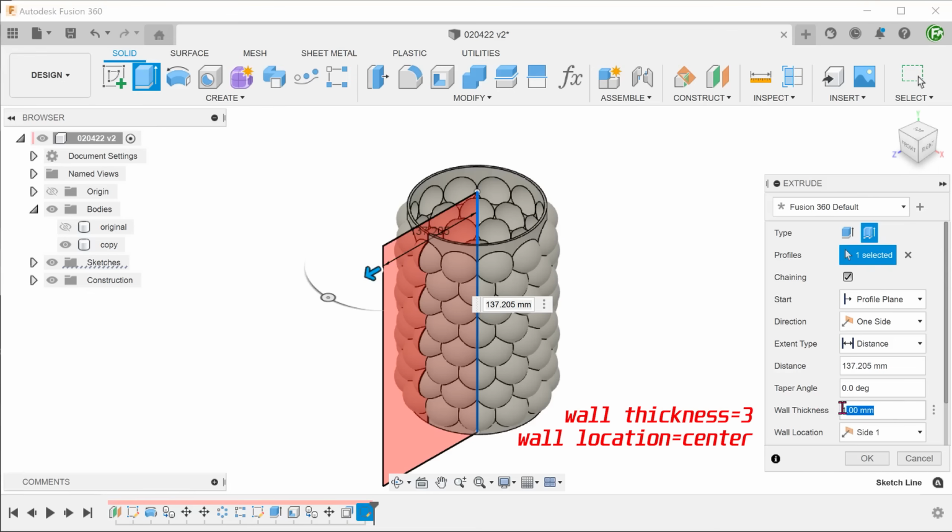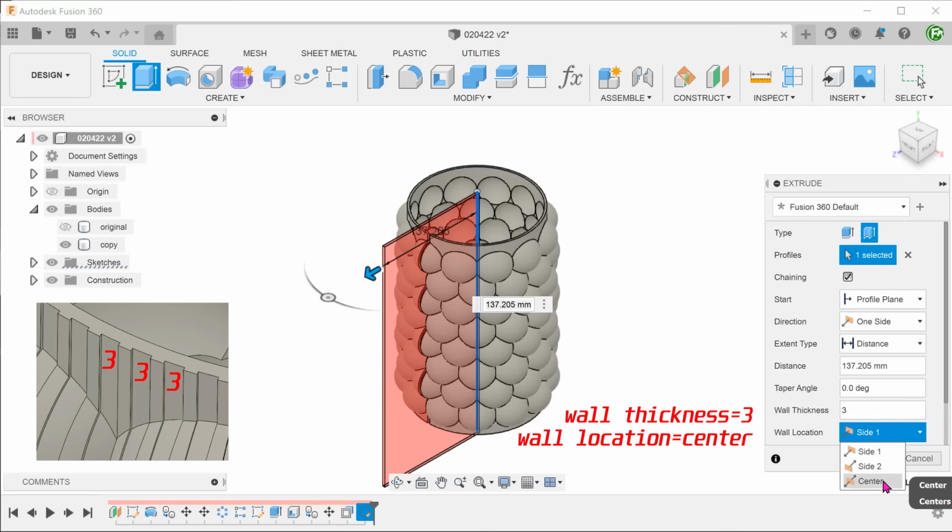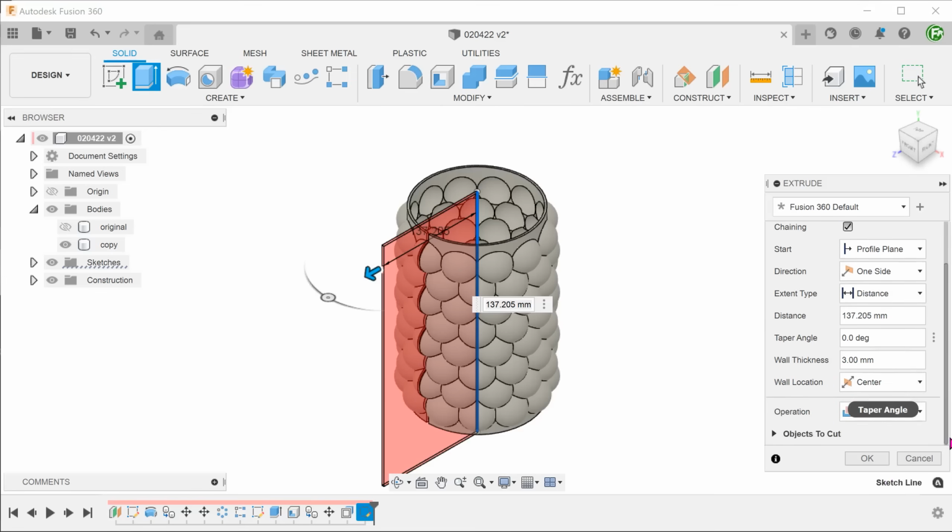Adjust the wall thickness and wall location. This determines a gap between two ridge lines. Set the operation to cut. I would advise to set a distance, instead of using the true or extent option. This is to ease the computation process of the pattern.